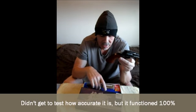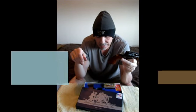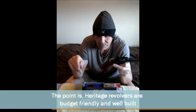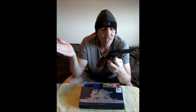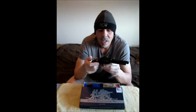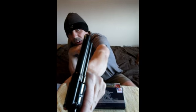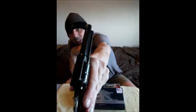And also, I shot 22 mags out of it, and I shot 3 different types, including 1 or 2 of these shells, some CCI Maxi Mags, and a Winchester box of mags. No problem whatsoever. I mean, it just fired smooth. The timing was great. And what I did is I originally painted that front sight fluorescent orange, which is kind of funky. But I ended up just painting it gold a couple times, and it looks good with the brass